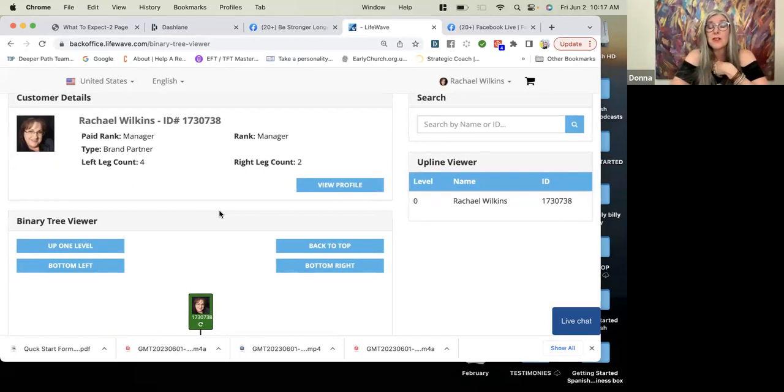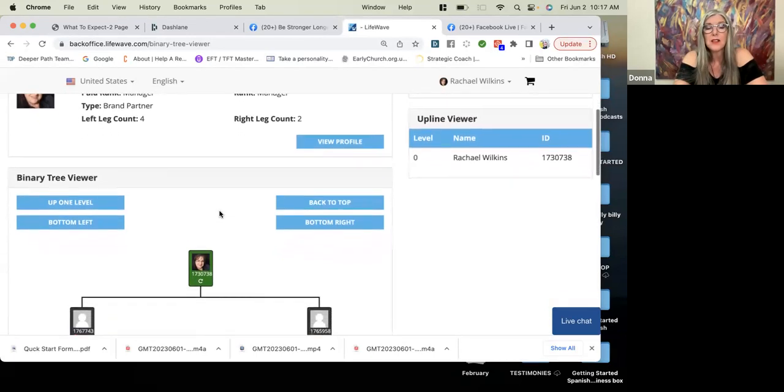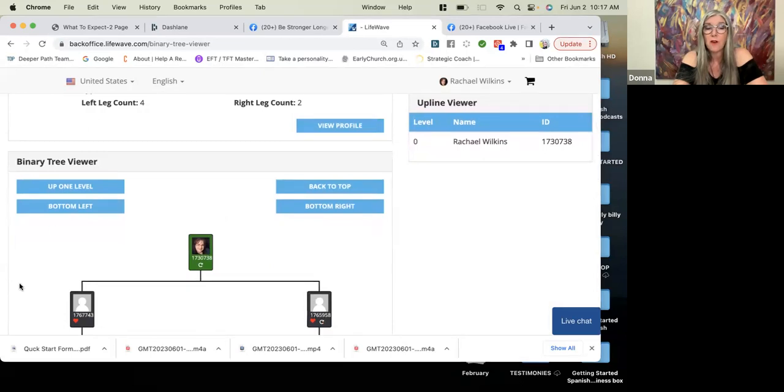But then Rachel found someone she wanted to share the patches with. So Rachel shared, and Rachel added one person on the far left, bottom left, and this was her bottom left at the time. Next time she enrolled one person on the bottom right, and that was where they landed here. And now all of a sudden she is what is called binary qualified. What does that mean? That means that as she begins to add people to her team on both sides, and the person who enrolled her adds people to her team on one of those sides,